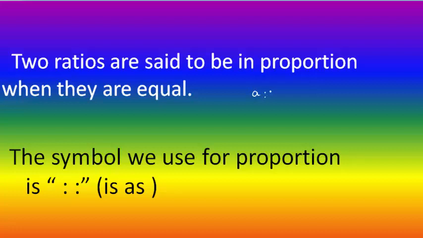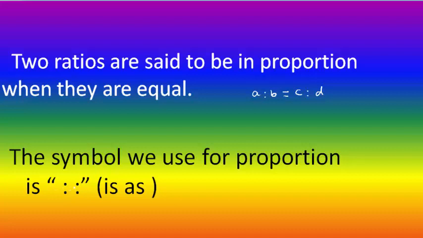A is to B equals to C is to D. These two ratios are called proportion because two ratios are equal. A is to B equal to C is to D. So these are proportion. The symbol we use for proportion is